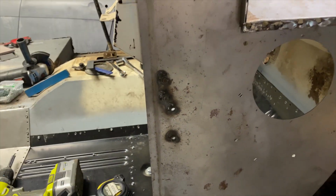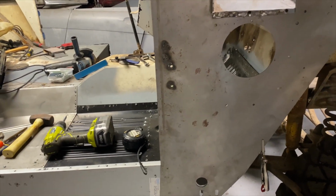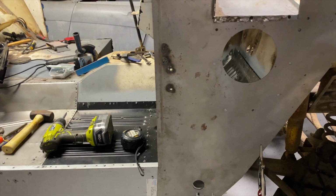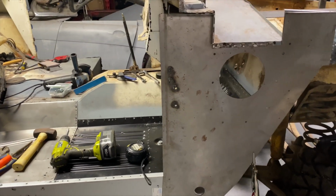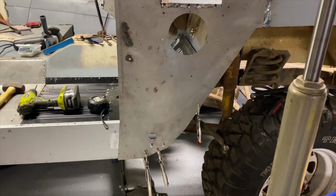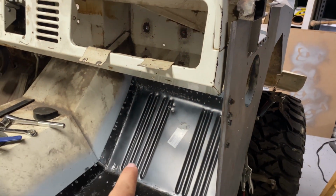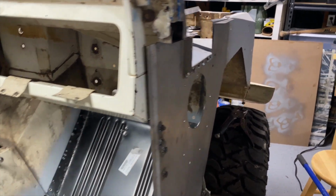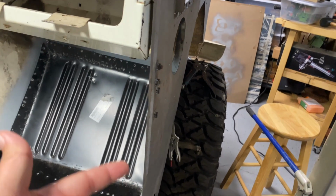So I'm thinking this is relatively straight, but it looks like it's kicked in that way a little bit. And this could be my eyes playing tricks on me. But yeah, I think the main thing is get this pan back in, attach it to that brace, and mark lines on the inside of the kick panel. That way we can